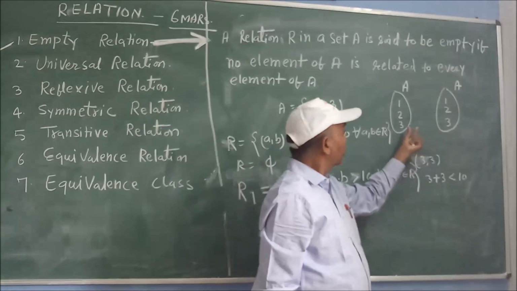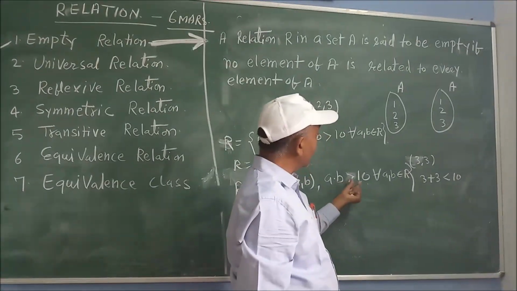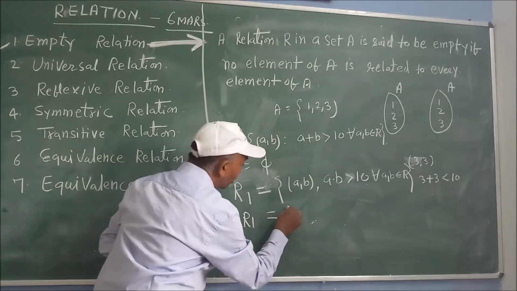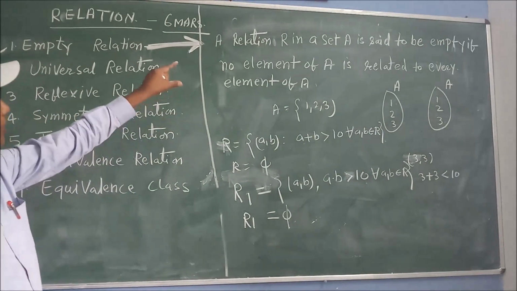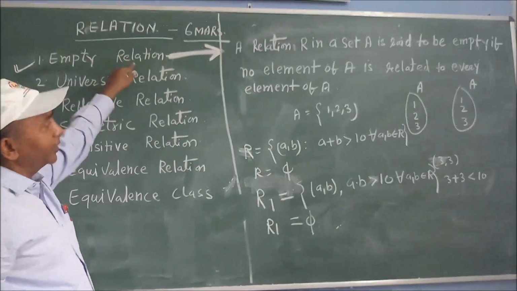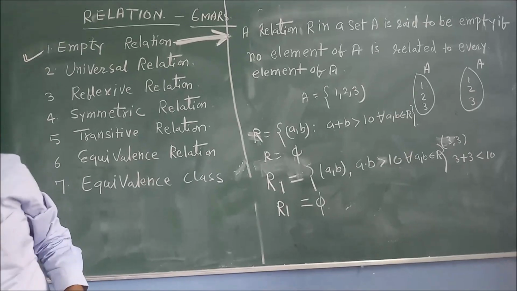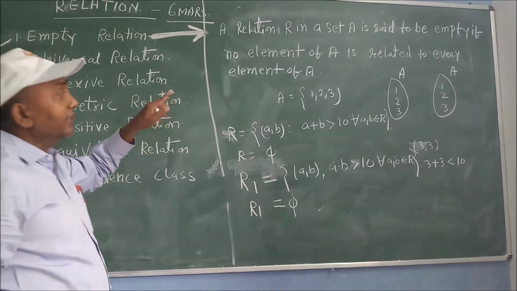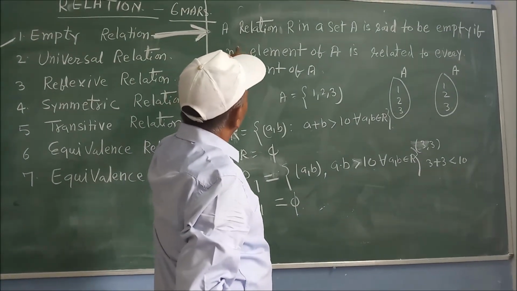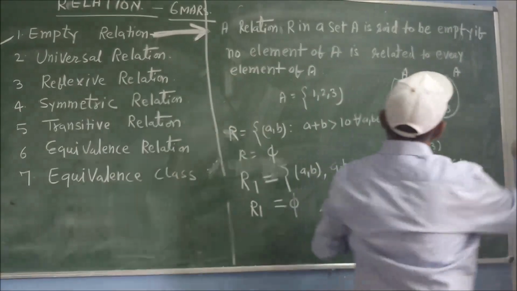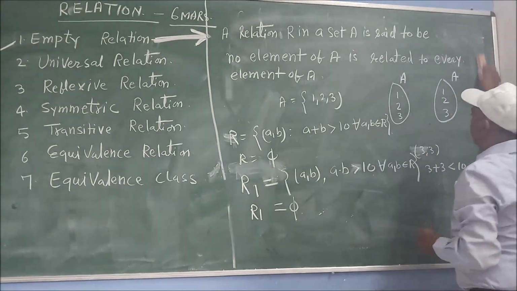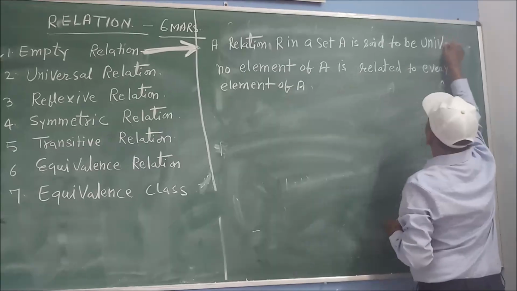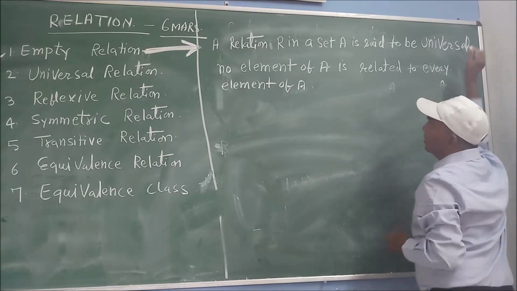These are the maximum numbers. So 3 into 3 is 9, not greater than 10. That means if you calculate here what are the elements of R1, you will always get phi. So in this way we can define an empty relation. After that empty relation, here is another relation which is called universal relation. Say the same definition. A relation R in a set A is said to be universal relation